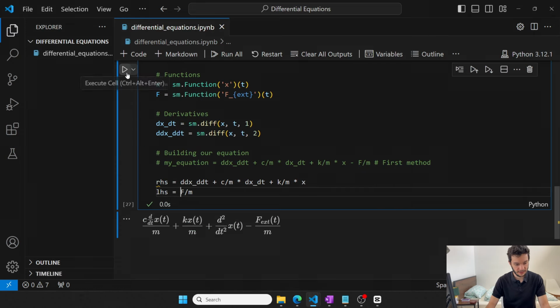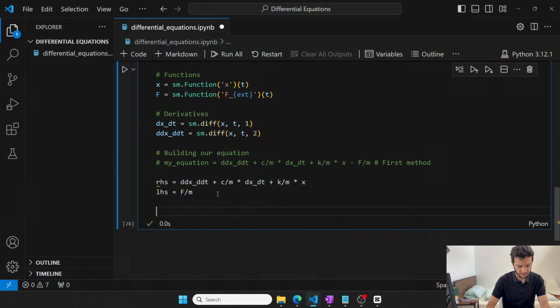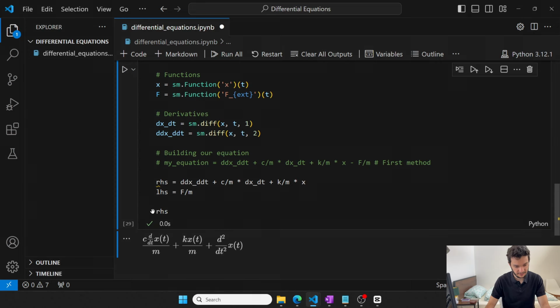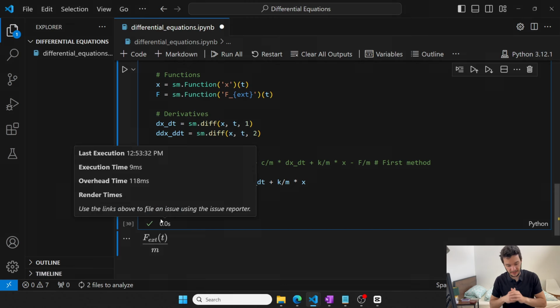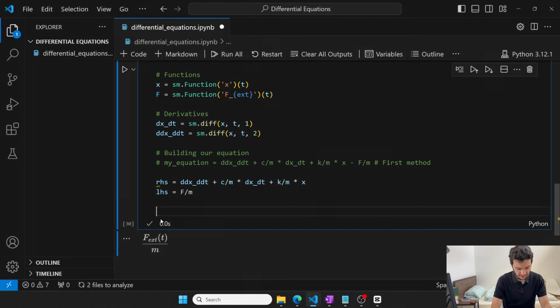Okay, now if I go ahead and run this, you see we get no error. If I want to specify the right-hand side, I get the right-hand side. If I want to specify the left-hand side, I get the left-hand side. Now, to build an equation out of these right-hand side and left-hand side, what I can do here is say